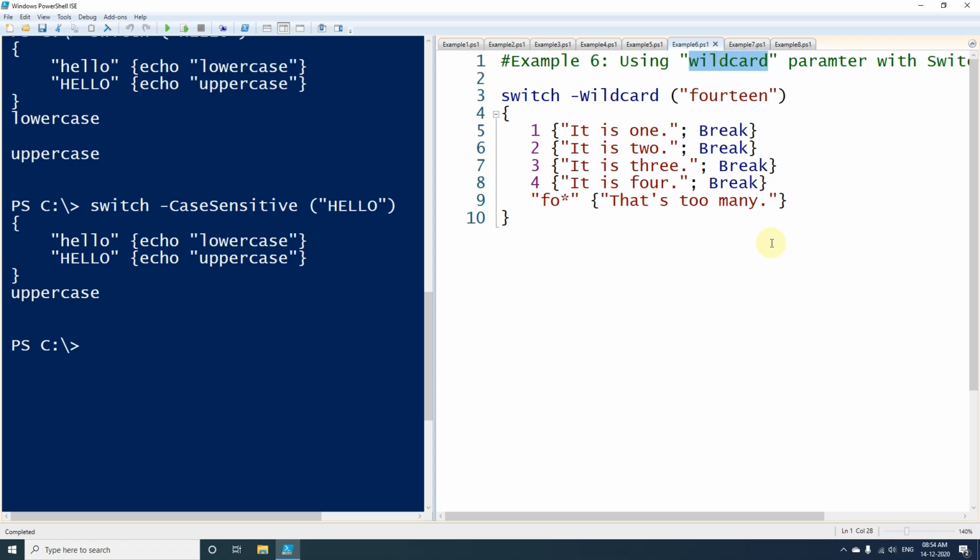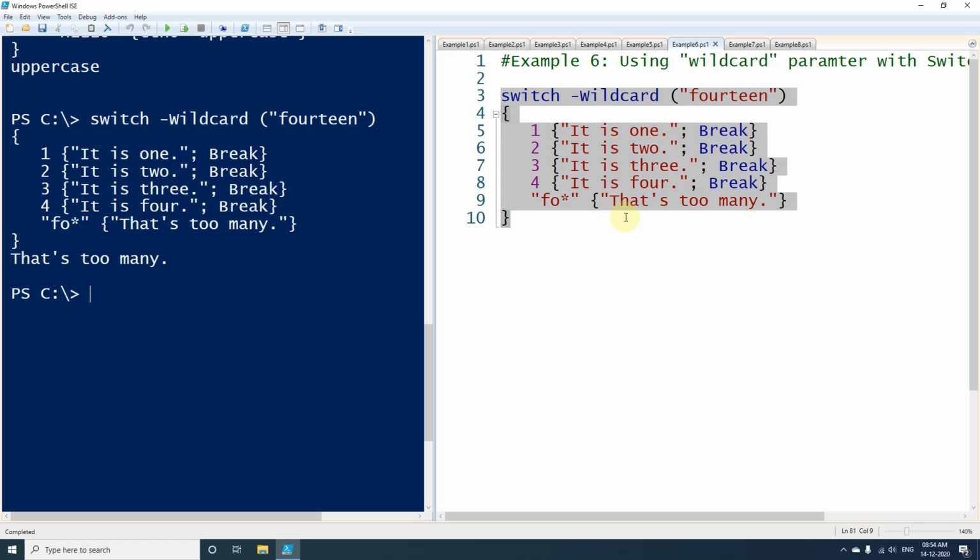In wildcard we have to write some portion of the string, and in that we have to use the star or some wildcard characters. Again this string will try to match with all these lines, and wherever the wildcard matches some portion of the string, the respective line will be executed. So if I execute this one, you can see that this line got executed. So this is how we can use the wildcard